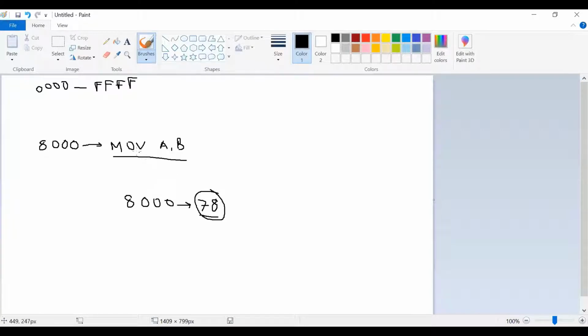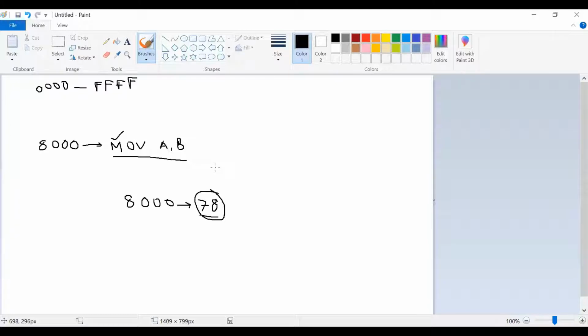After move A comma B, there is nothing, so the complete instruction is this one. It is the complete instruction. To load the complete instruction, how many memory locations are required? One memory location. That's why this type of instruction is called a 1-byte instruction.